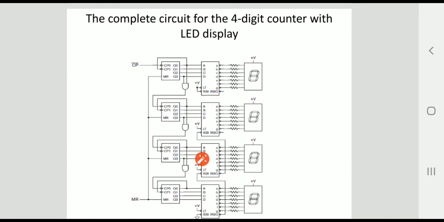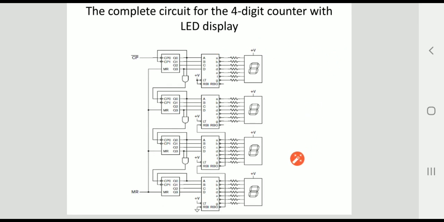So in this slide, it's a complete circuit diagram for the 4-digit counter with LED display. Now look at this circuit diagram here. So these are the 2 dual decade counters. These are the 4 7-segment decoders and these are the 4 7-segment LEDs. Each is connected so that we can run a decade counter that starts from 0 and ends at 9. Each time all the 7-segment LEDs display first 0, 1, 2, like this up to 9 here.